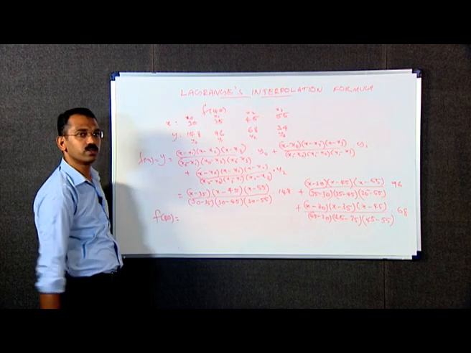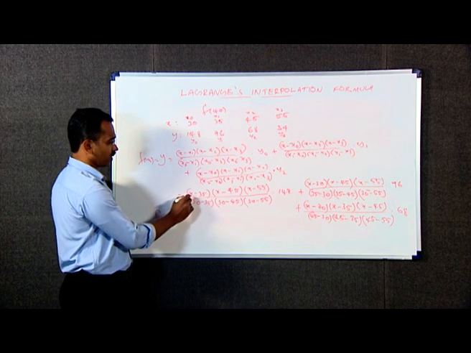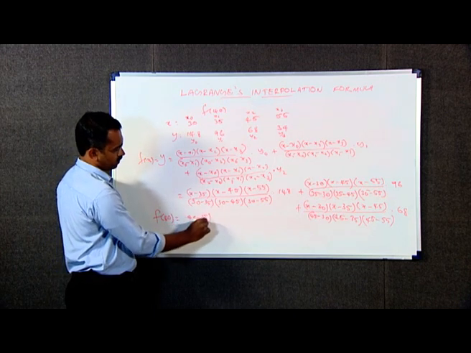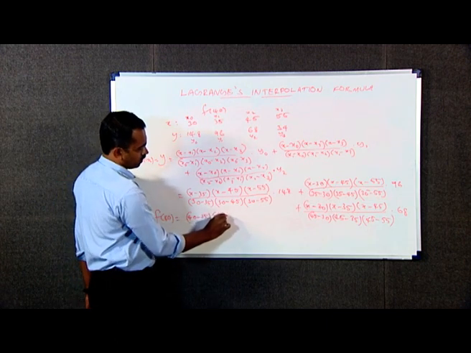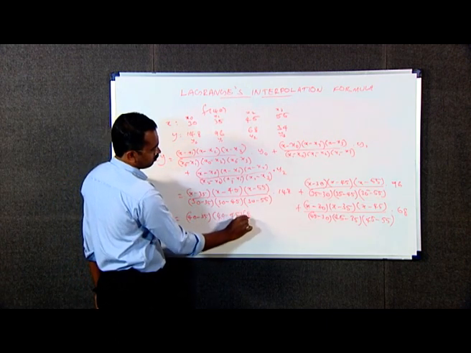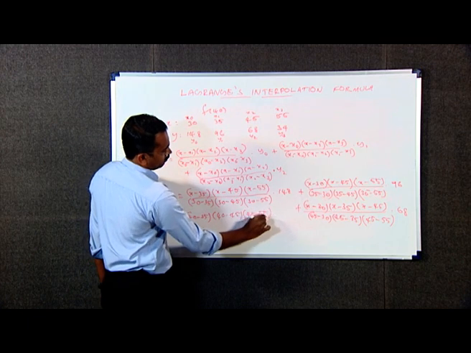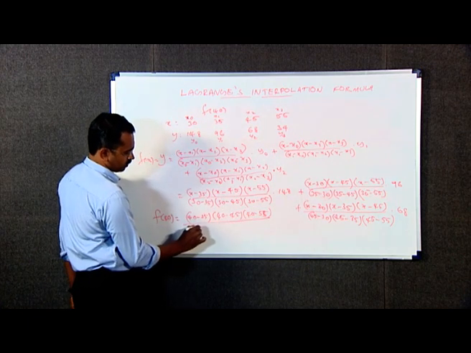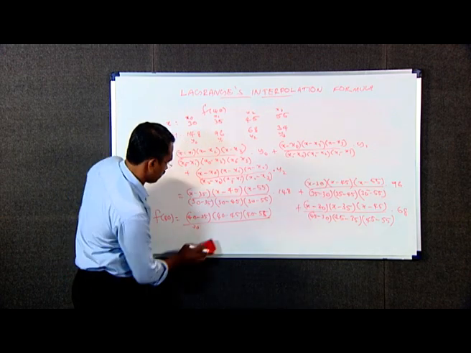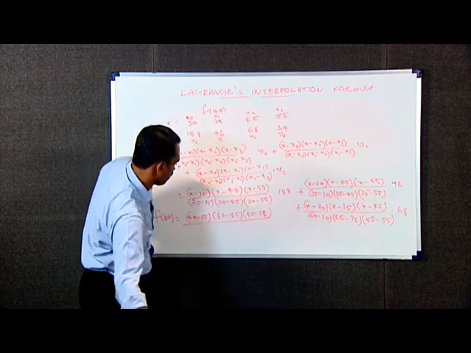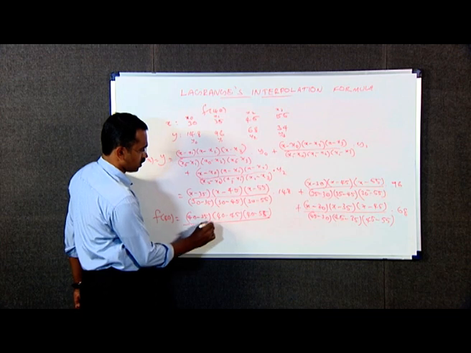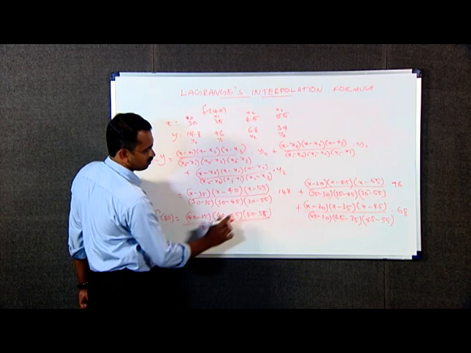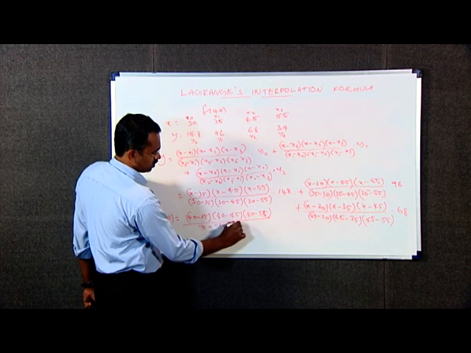Therefore, if we substitute x equal to 40, this will become (40 minus 35) into (40 minus 45) into (40 minus 55) divided by (30 minus 35 is minus 5) into (this is minus 15) into (30 minus 55 is minus 25)